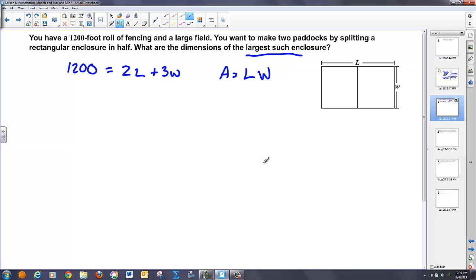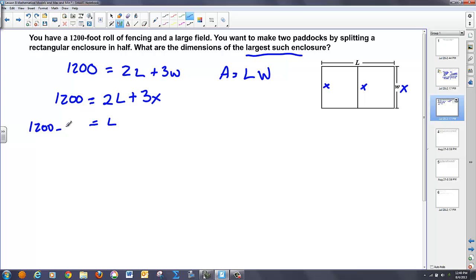If I was to take, in this case, and call my w the x value, then what I would have is 1200 equals 2L plus 3x. And what we could do is we could now take and find a value for L in terms of x. So L is equal to 1200